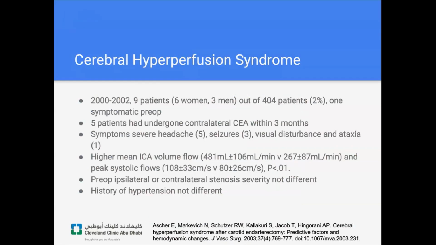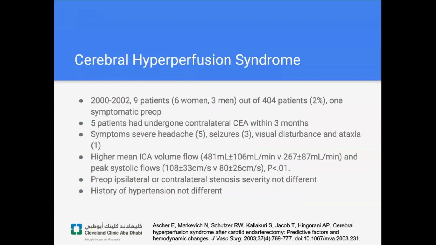Cerebral hyperperfusion syndrome occurs in patients postoperatively after revascularization. The analog is patients who, for example, have lower extremity revascularization, their feet and legs swell and turn red from all the extra blood that's going through it, and there's edema, and you treat it by elevating the leg and wrapping the leg up with an ACE wrap. Unfortunately, you can't do that with the brain.